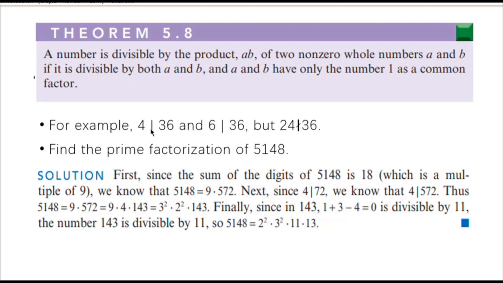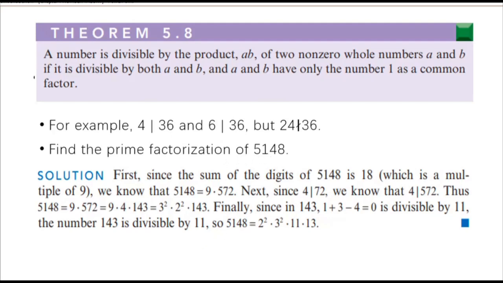Oo, di ba? Yung 4 pwede sa 36 yon kasi pwede siya by 9. Yung 6 din sa 36 by 6. Pero pag kinuha natin yung product ng 4 and 6, hindi na yun divisible sa 36. Okay? Next, find the prime factorization of